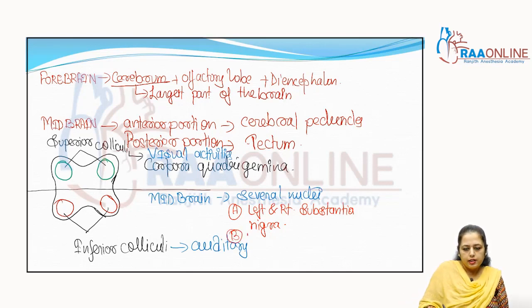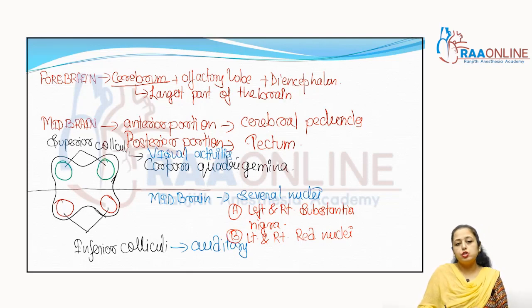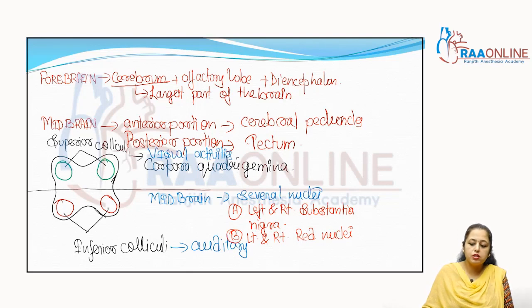Clear? And second is the left and right red nuclei, right? These red nuclei look reddish just due to the presence of iron-containing, rich blood supply, and iron-containing pigment is also there, right? So these nuclei are present, and this substantia nigra is very important because the